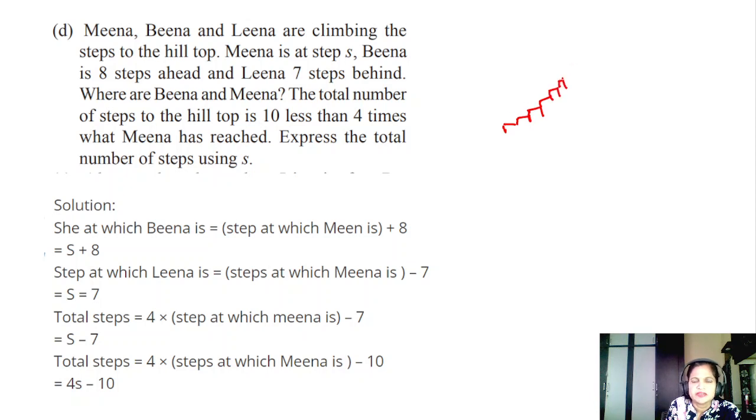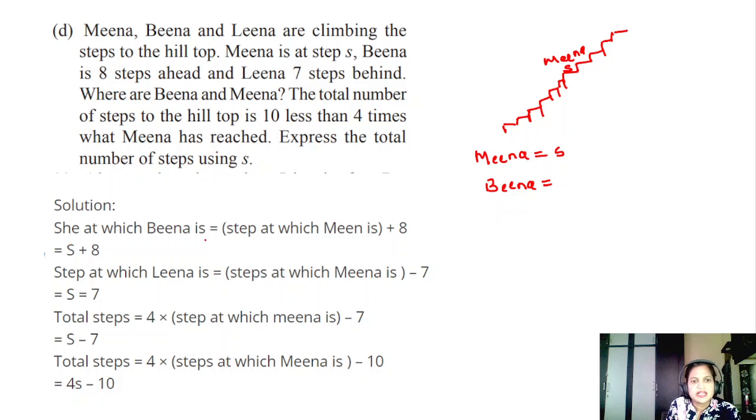These are the steps. Meena is at S step. The number could be 10, 20, whatever it may be. We don't know, so they symbolized it as S step. Beena is 8 steps ahead. Meena is equal to S step. I'll write Beena is equal to